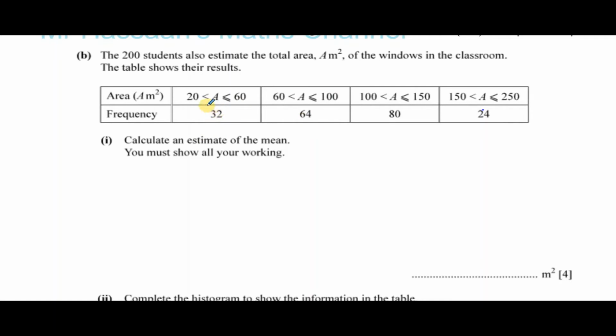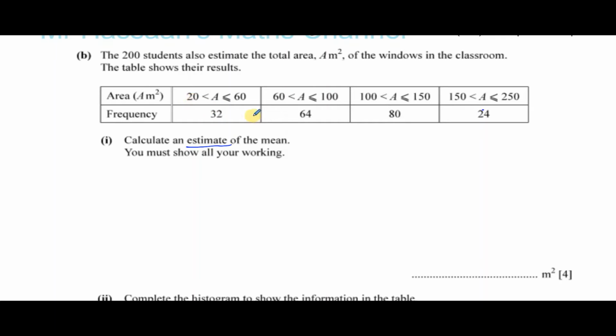But we do know that the estimates were somewhere between 20 and 60, and for these 64 students, we don't know exactly what the estimates were, but we know the range was between 60 and 100, and so on and so forth for the other categories. So basically, we cannot find the mean. We cannot calculate the mean, but we can calculate an estimate of the mean. And that's the reason why they say estimate, because we can't actually find what the mean is. So how do you estimate the mean? Well, you estimate the mean by basically